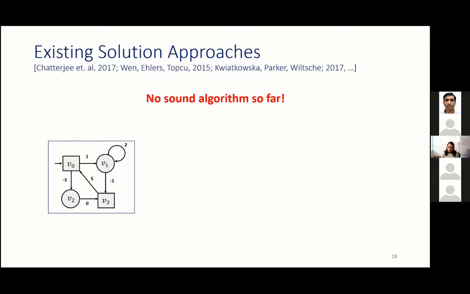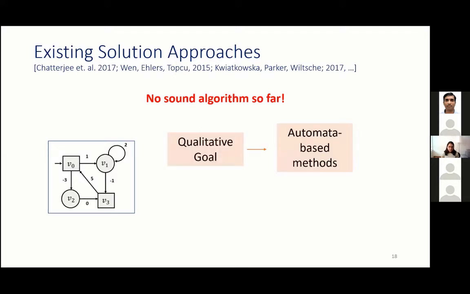So if none of the existing solutions are sound, what that means is that if existing solutions generate a strategy, it is possible that the strategy may not satisfy both the quantitative and the qualitative specifications simultaneously. At a high level, the reason this happens is because qualitative goals, as I mentioned earlier, are